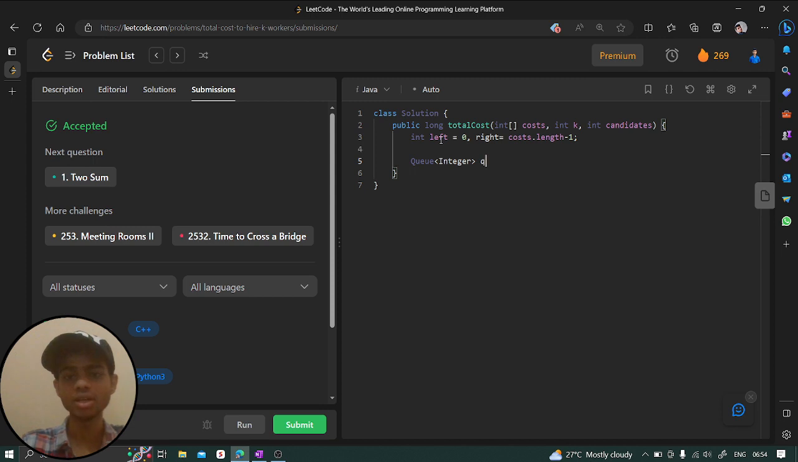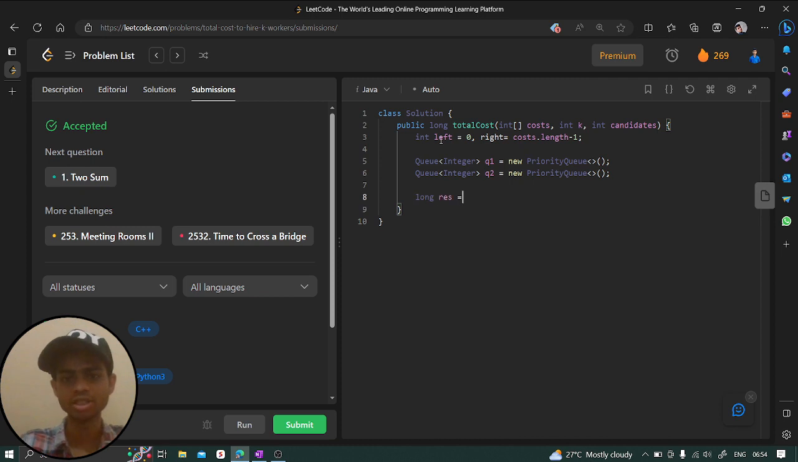Here we are going to say our q1, which is going to be a new PriorityQueue. We copy this again and here we say q2. We have defined two empty priority queues, and here we define long result, which is initially 0. We are going to say for int i equal to 0, i less than k, i plus plus. Here we say while q1.size is less than candidates